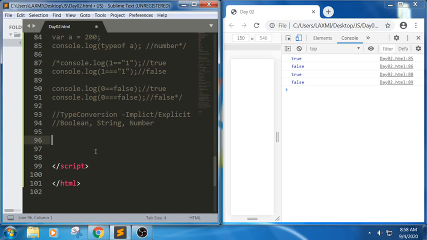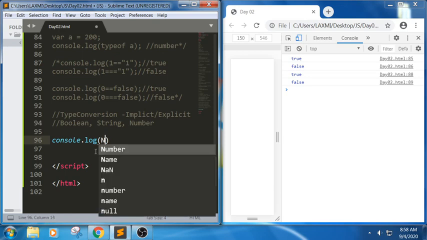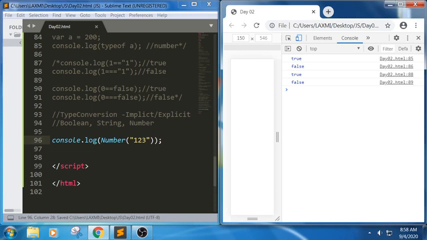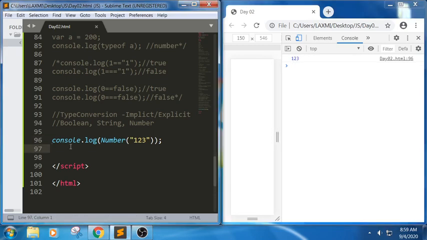So let me write some small snippet so that you will understand. Console.log. What would be the output of this snippet? Let me know. "123". You know what "123" is here? You might guess it is a number, but when it is enclosed in double quotes, we call it a string. But what is the output you will get here? See, we got 123. It means 123 is in the format of a string.